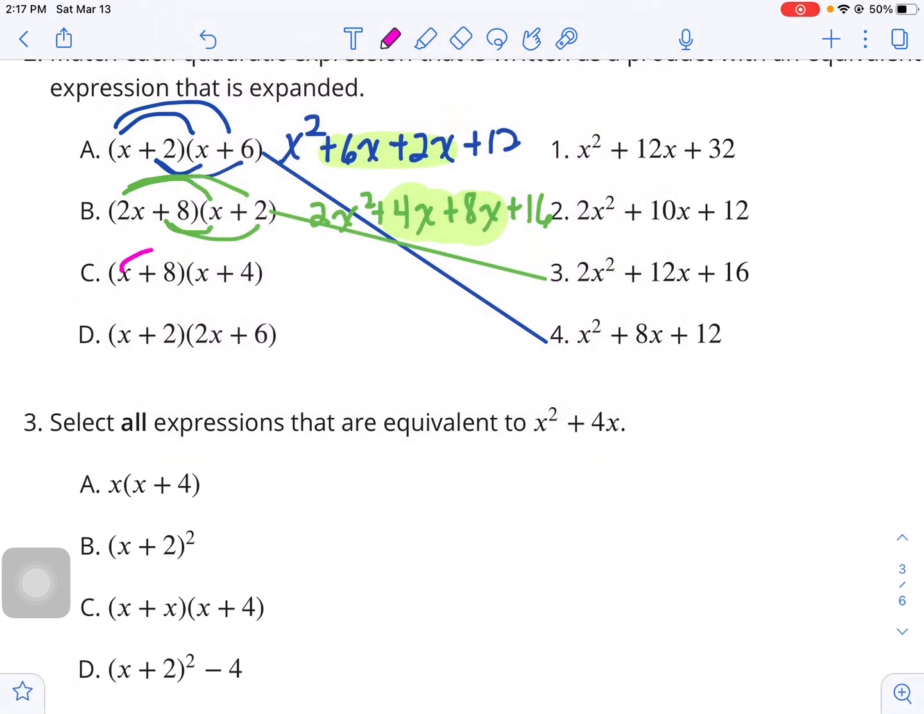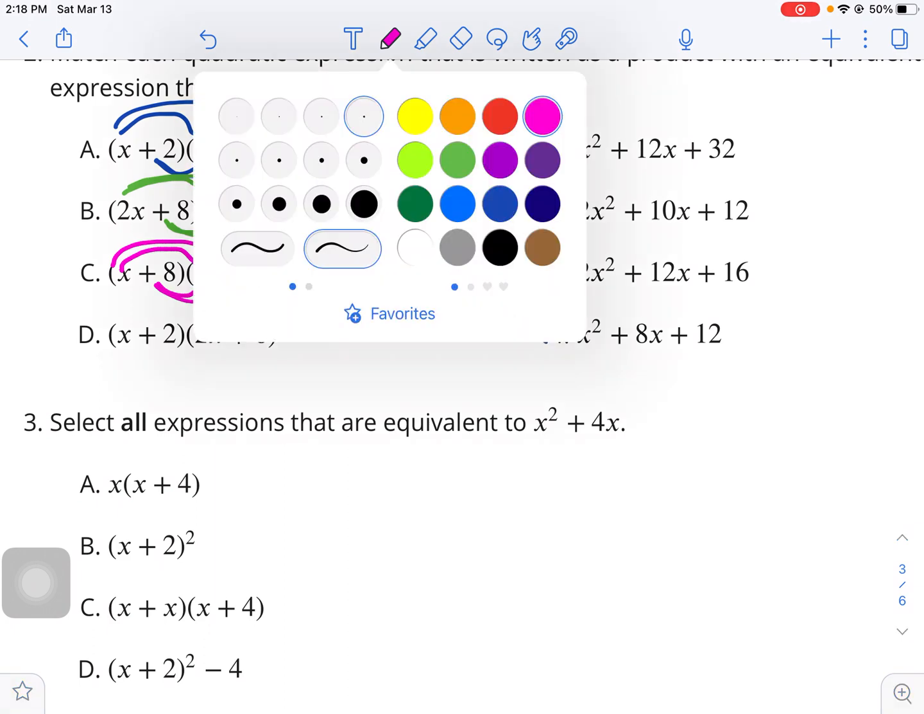Letter C, I'm going to multiply using distribution again. I have x times x, which is x squared. X times 4, which is 4x. 8 times x, which is 8x. And 8 times 4, which is 32. And again, I have to remember to combine my middle terms because they're both like terms. They're both x terms. So 4x and 8x gives me 12x. So my answer, the expanded form, would be x squared plus 12x plus 32. So it looks like letter C is matched with number 1, which leaves us with the last one,